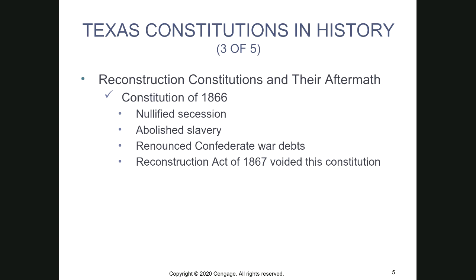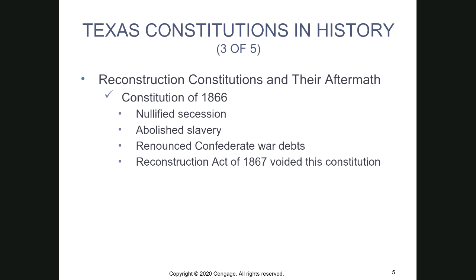Okay, so then what happened? Well, we decided that whole seceding thing wasn't such a good idea, so we have the Constitution of 1866. This Constitution went in, it nullified secession. So it's a just kidding about that. We didn't really mean it. It abolished slavery, which, remember, was one of kind of the central sticking points in the Civil War, and it